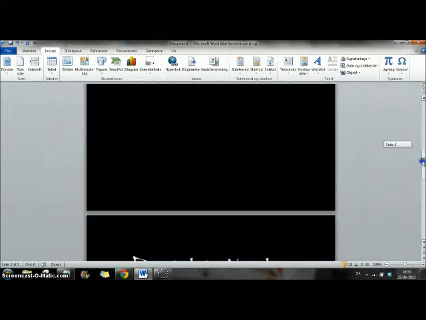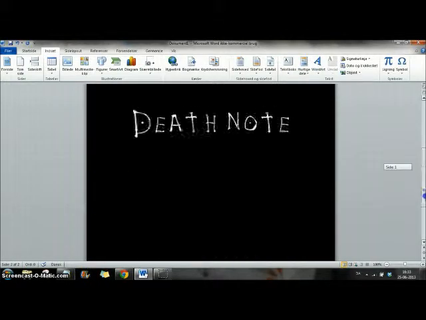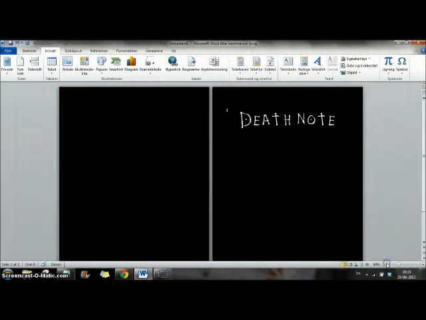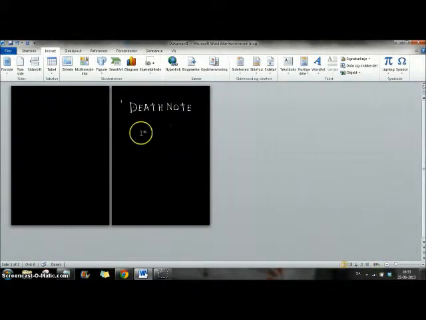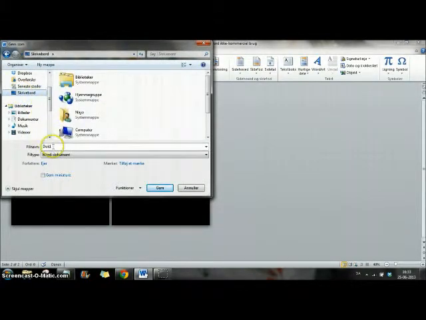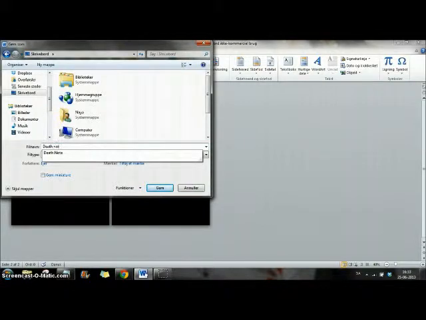It just has to put these two together. And this is the back side of the book, as you can see. And save it. I will save it as that node front and back.